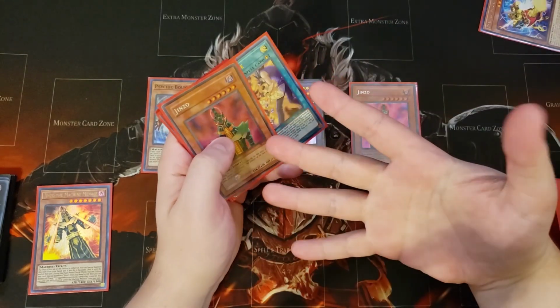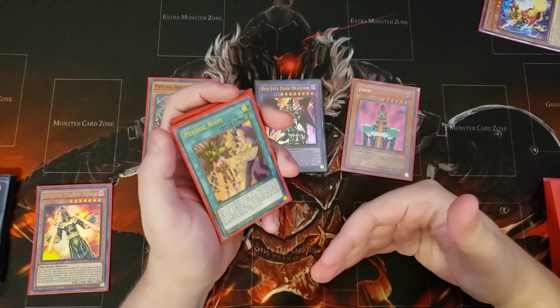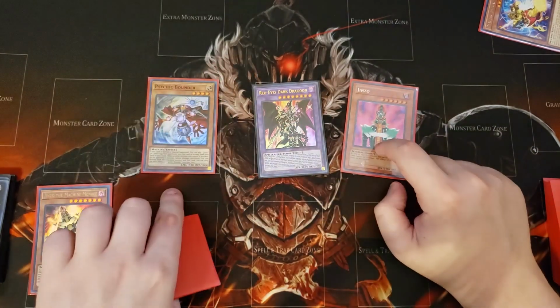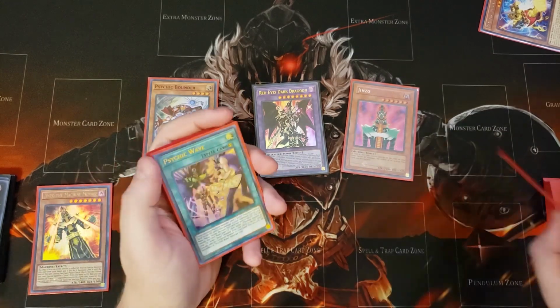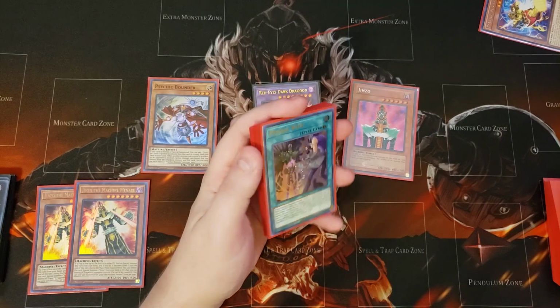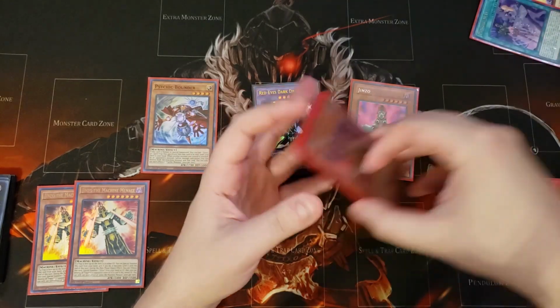We're going to say this is turn 5 now. We've gone turn 1, we summoned the Dragoons. Turn 3, we summoned out the Jinzo and the Psycho Bounder, and then we're going to draw for turn, which is going to give us another Jinzo, the Machine Menace. So once we do that, we're going to go ahead and banish the copy of Psychic Wave because it can't